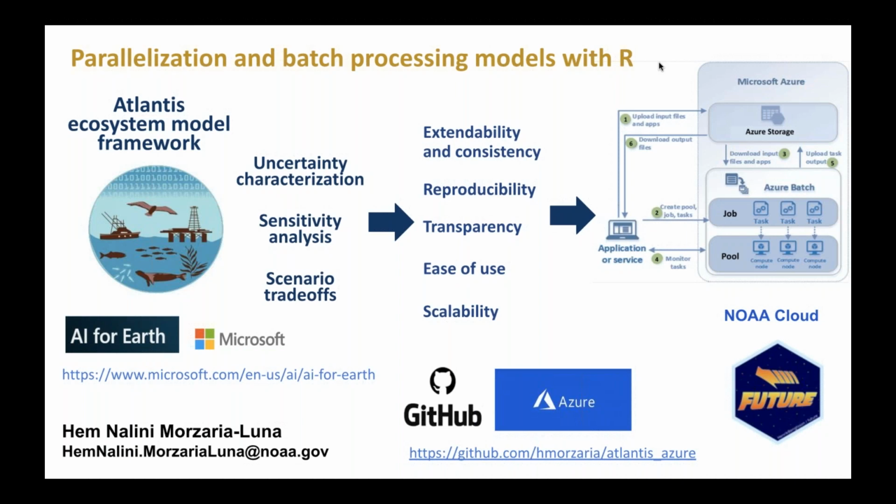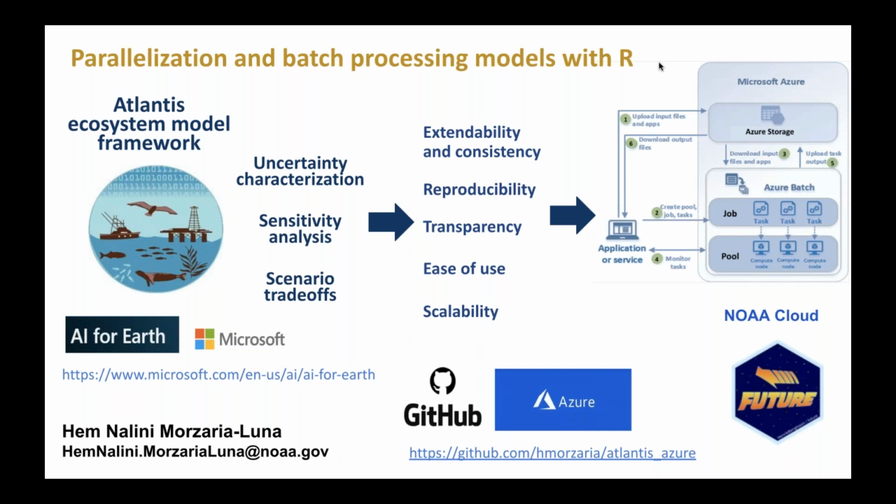We are using several options for parallel processing, where model simulations start simultaneously and run to completion on their own core. Note that because of the Atlantis model architecture, parallel processing doesn't actually make our model run faster. It just lets us do multiple runs. So we run our model locally and in virtual machines in the cloud using Microsoft Azure through support from the AI for Earth program. We use the R package Parallel to simultaneously execute different model runs across multiple computing cores. We are now testing a switch to the R package Future, which runs processes asynchronously rather than blocking execution until the process is complete.